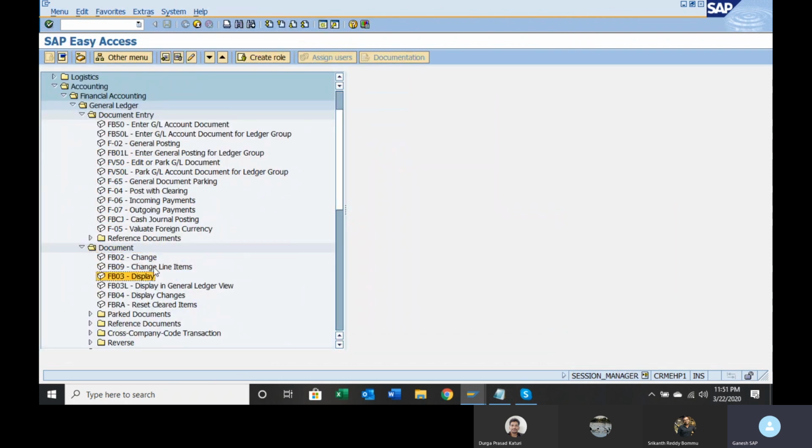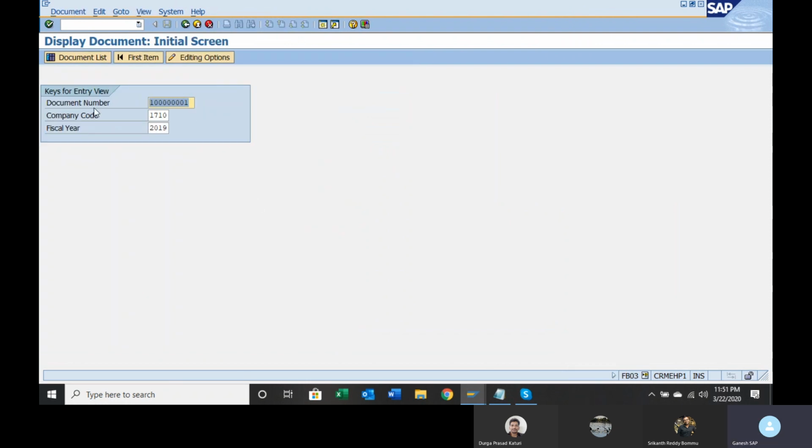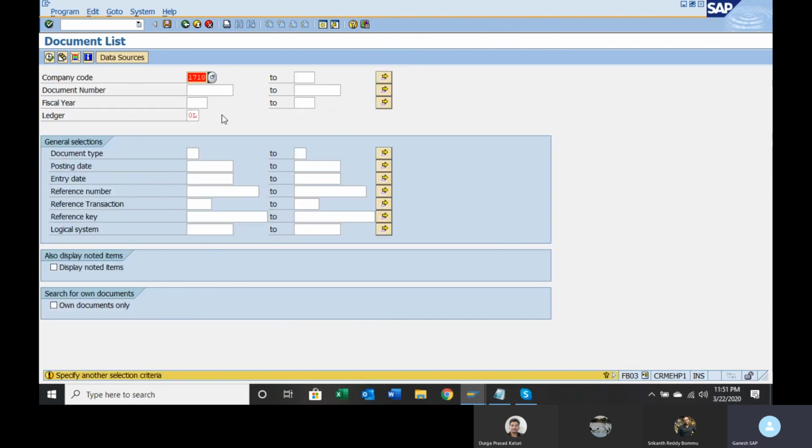Go to document display button, double click on it, remove this document number, click on document list, execute it for this company code.